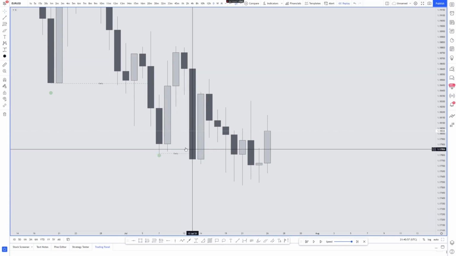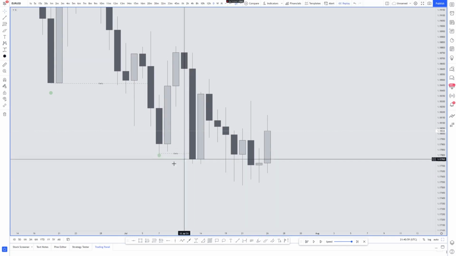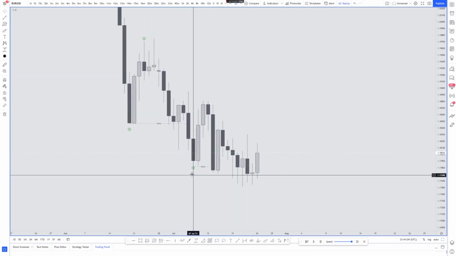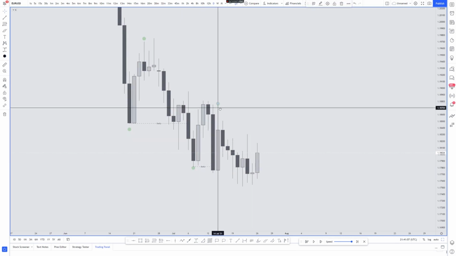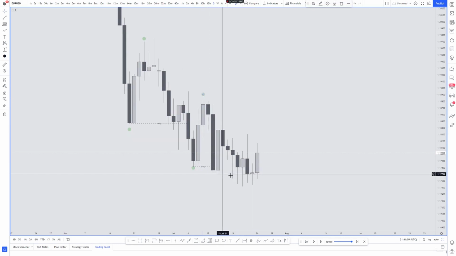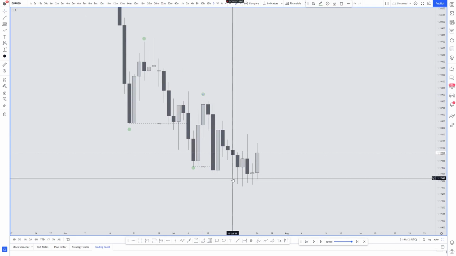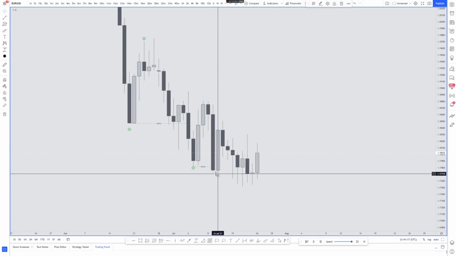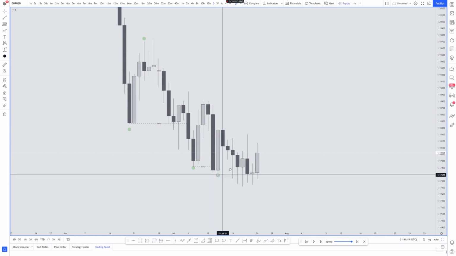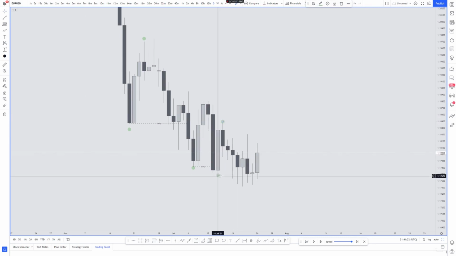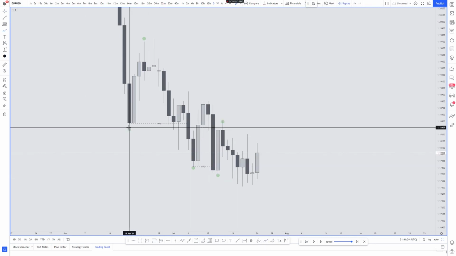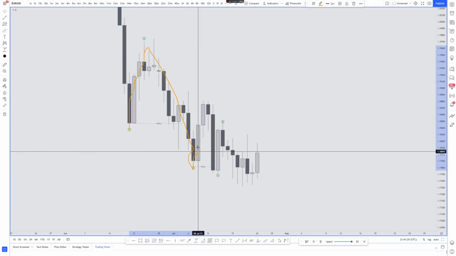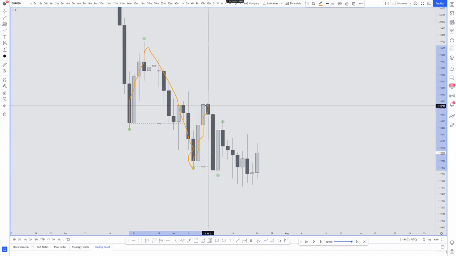It doesn't matter if it broke it by 2 pips. If there is a candle body underneath this wick, that is new structure. And it doesn't matter what time frame that's on, it remains the same on every time frame. So now what we're looking for is this pullback. So now if we said this is the high point of this pullback, so you have a low, high, low, you have another high here,